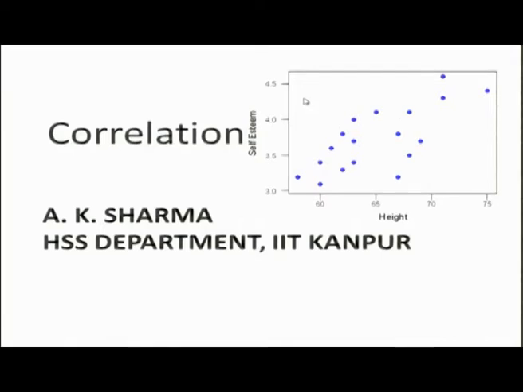You know, this diagram shows a variable x, height; these figures are heights of some randomly selected people, and these are measures of self-esteem. Self-esteem is a psychological measure which measures to what extent we rate ourselves positively. Definition of self-esteem is actually not so important, it is one variable.